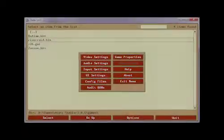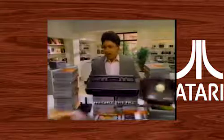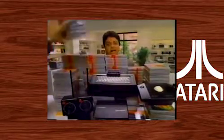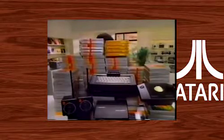Perhaps you'd rather play all your games on a computer. Well, in this case, emulators most certainly have you covered, and there are a number for the PC. Personally, I recommend Stella, as that's just what I use on my computer, but overall, the Atari 2600 is a pretty primitive system. However, it is most certainly worth your